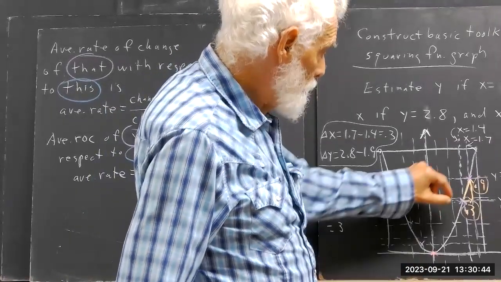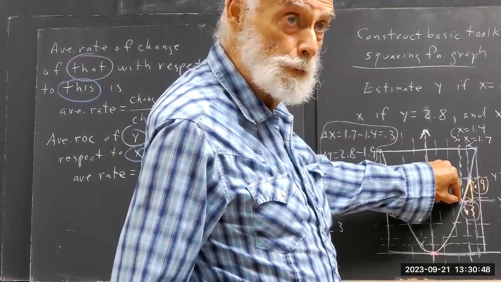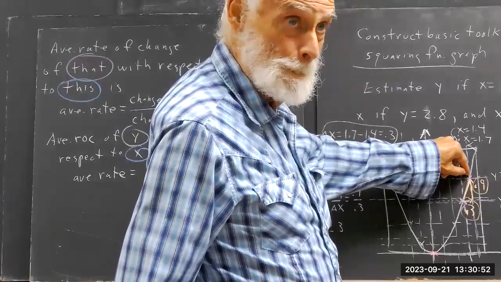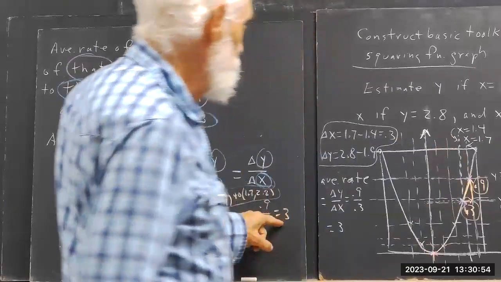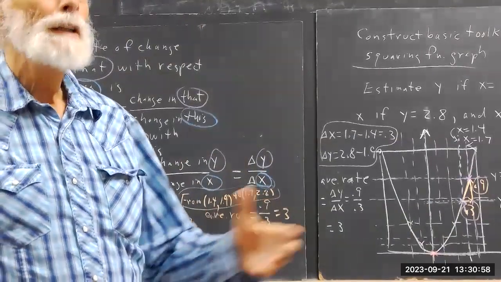So if you had a very tiny triangle, including this point, the slope would be very close to 2.8. And the slope here would be 3.4. Okay, 3 lies between 2.8 and 3.4. So it, again,